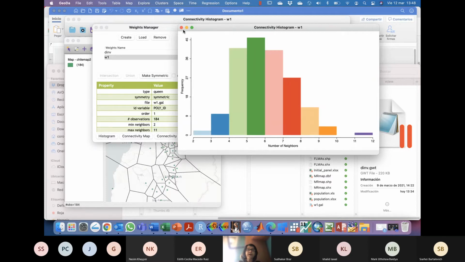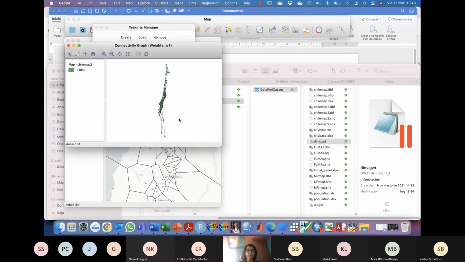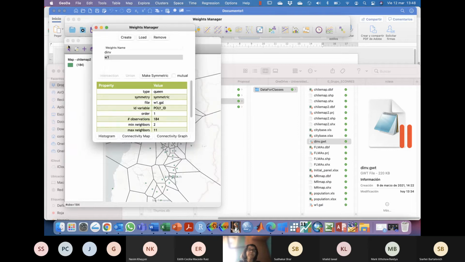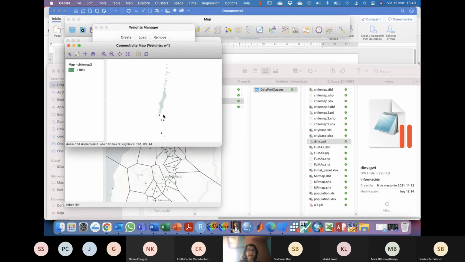Now, if I try with the connectivity graph, I see that it is more sparse. More sparse and perhaps more realistic. Well, I don't know, because remember that the one we built previously applied inverse distance. So yes, it was 200 kilometers, a very thick connection graph, but not all the distances weigh the same, of course. And the connectivity map will give you the neighbors that share this common border,